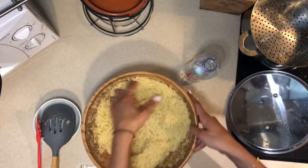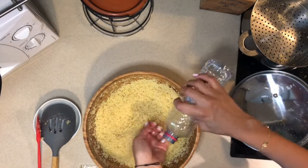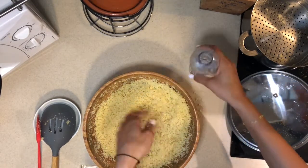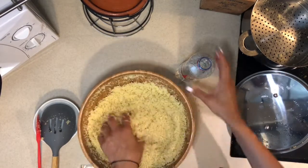I love this on a Friday, so it's a great meal to have as a family or one. I mean, to be honest, I live alone and I do this for myself, even though I've cooked this for a family of 5, but